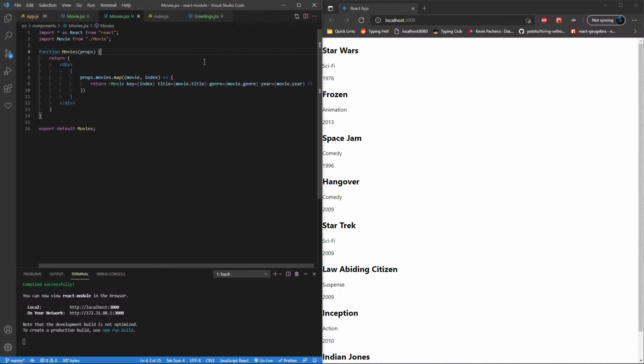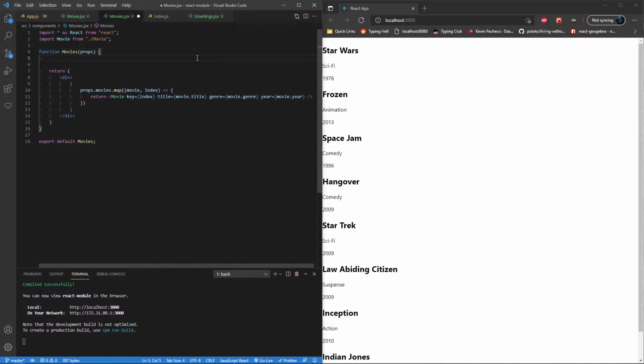Because if we don't re-render, we're not going to see any changes. So we'll see an example of that. So let's suppose that movies was supposed to keep track of the state. Okay. So we want to be able to keep track of the state for movies. Now, how do we do that? The way you do that is with something called